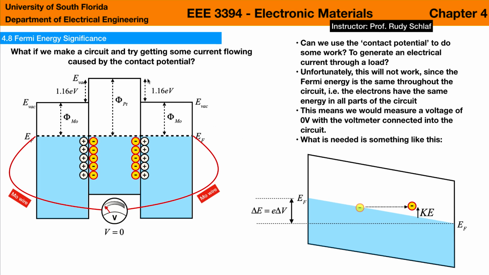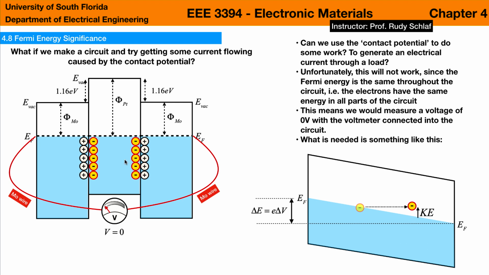I just said we get this contact potential between the two materials when they are in contact. So one could wonder, why don't we use this voltage here as a battery to drive an electrical current through a load, which would be this voltmeter here? So if we connect this platinum piece here with two molybdenum wires, and connect them here to this voltmeter,